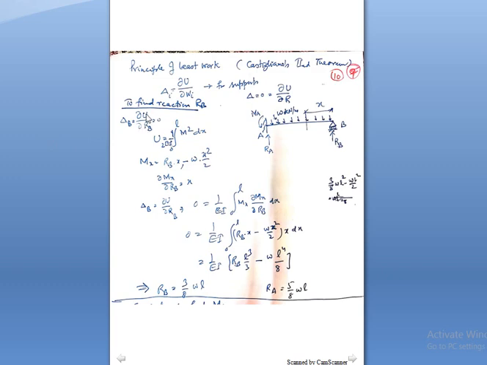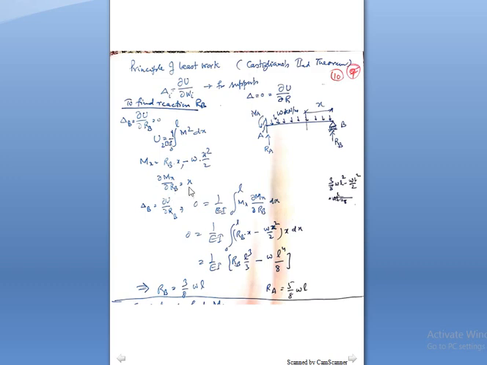So the strain energy may include the unknown value of the force RB. After solving the equation, the unknown RB will be solved. So this we have done here. This was subjected to UDL. We have taken a section at A. The moment here will be equal to RB into x minus w x squared by 2. This RB we keep as it is because this is an unknown value. This we have to find out. So Mx will be equal to this one.